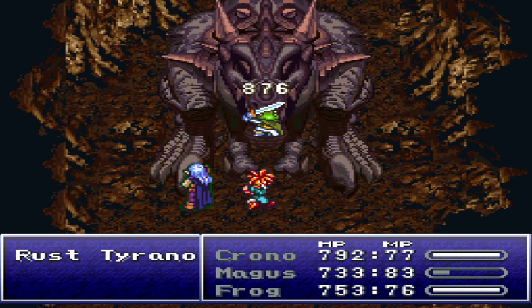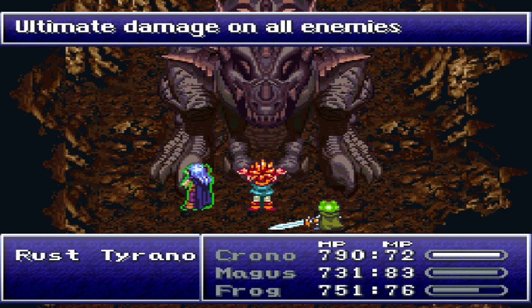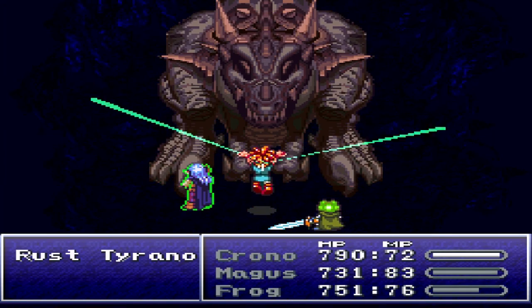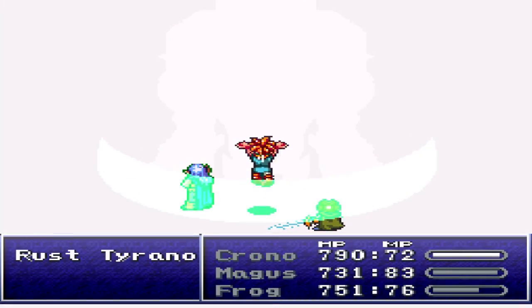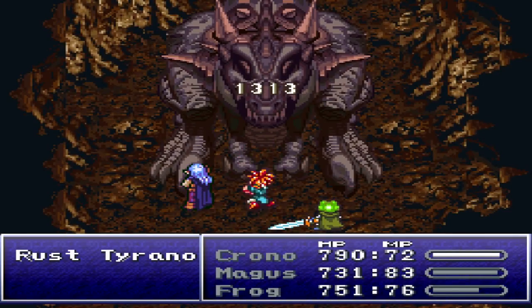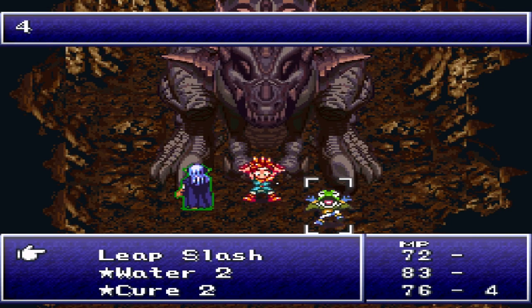Hopefully Magus's magic wall will defend him a little bit. I'm not sure if the Tyranno does magic damage or physical damage or what. That's why I don't really like using those shields and those barriers. But nevertheless. Okay. So yeah, we'll just keep spamming this stuff until he counts down to 0, where he's probably